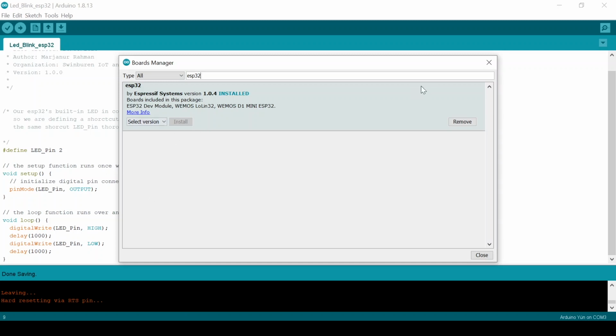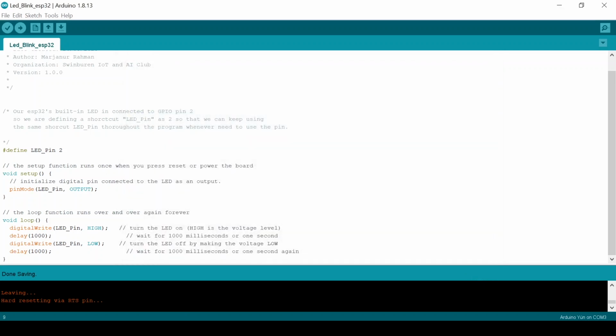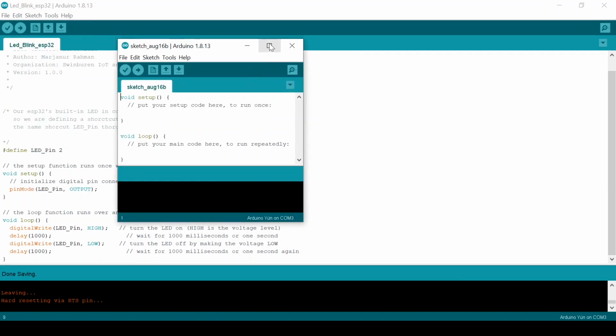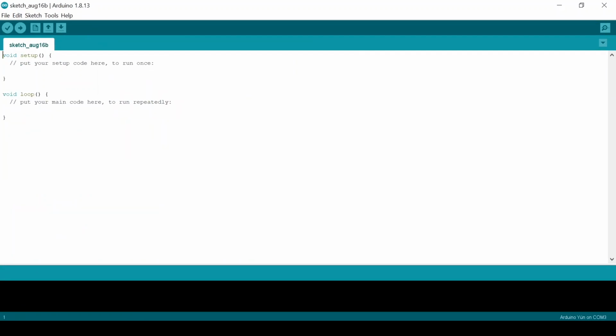After the board is installed, we need to close it, and then go to File, New. This is the way we create a new project in Arduino. For this project, I'll supply the sample code on GitHub.